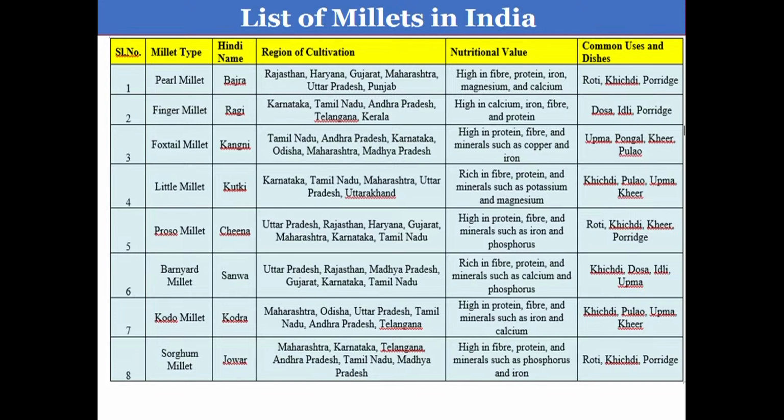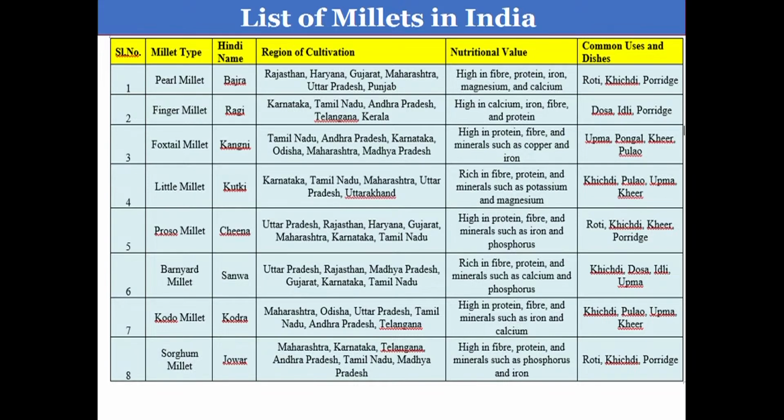Pearl millet, known as bajra, is cultivated basically in Indian regions like Rajasthan, Haryana, Gujarat, Maharashtra, Uttar Pradesh, and Punjab. Its nutritional value is very high, with high fibers, protein, iron, magnesium and calcium, and you can commonly see it used as roti, that is chapati,